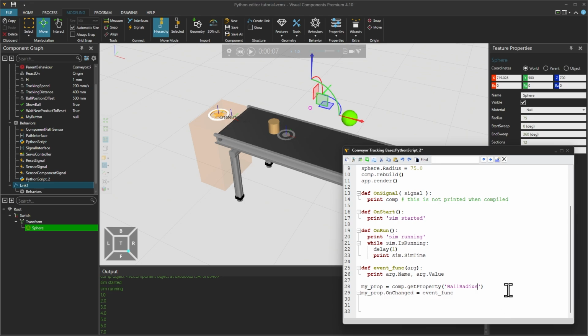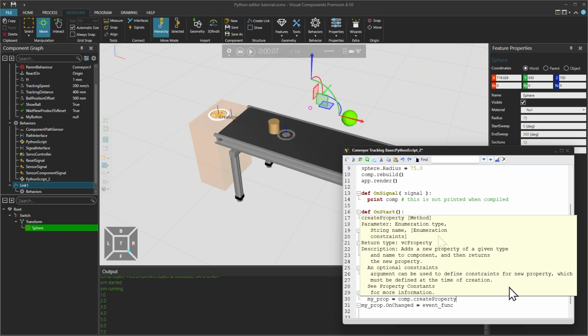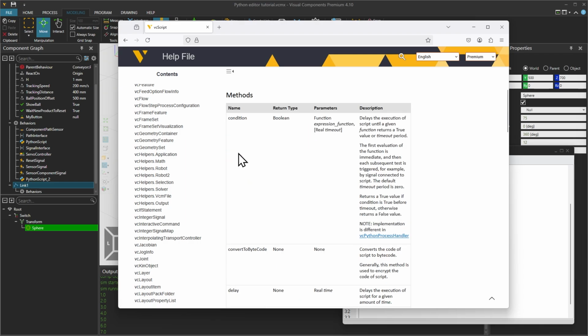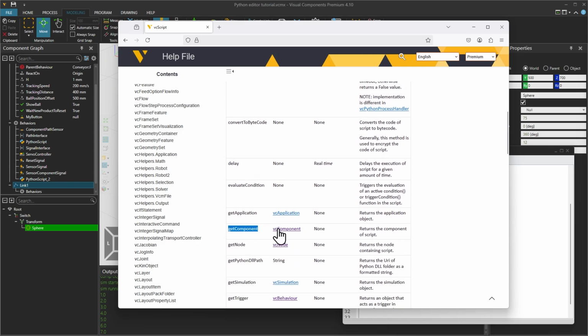The ball radius property does not yet exist, so we can add a line of code to create it in the Python script, in case the my_prop variable is none. The comp object has a method called createProperty, which takes as arguments enumeration type and string name. The type can be checked in the constants in the Python API help. From the VCScript topic, we can navigate to methods, and from the getComponent method, click the return type VC component.